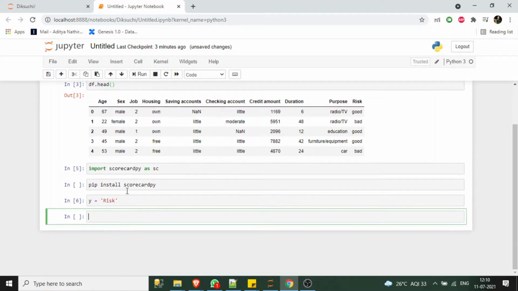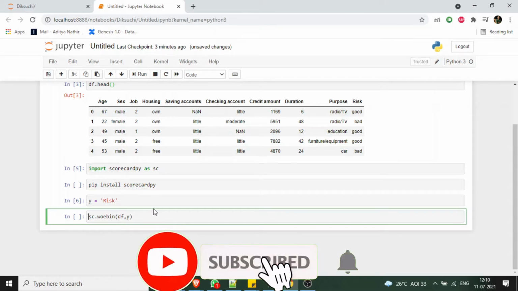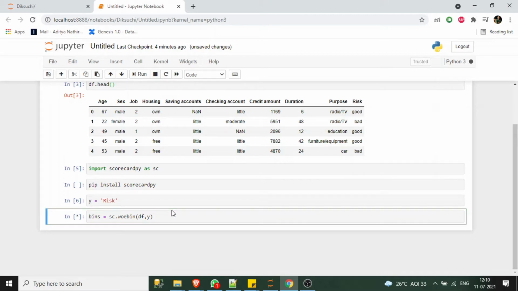Next, the first command which I am going to try is sc.woebin. I have to give the name of the data frame which is df, comma, the dependent variable which is y. Here I will give its name as bins. Now let's execute this.